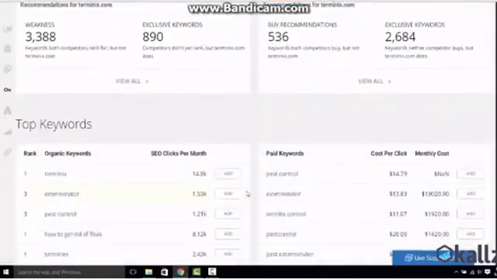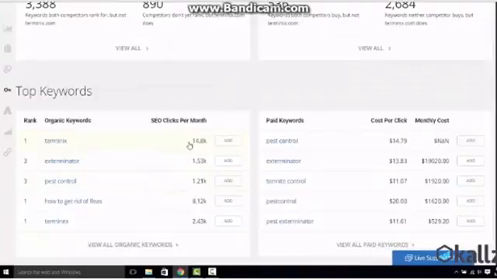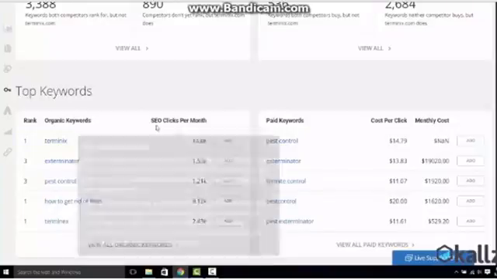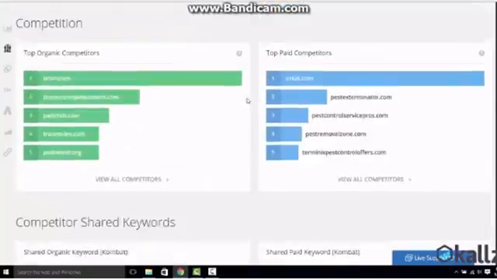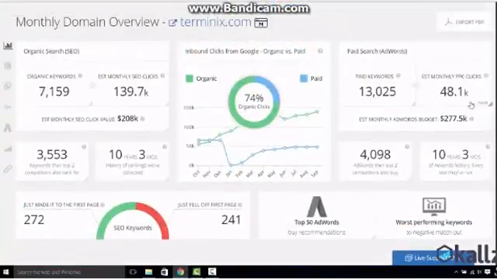If you take a look though at their organic keywords, the ones that they're ranking for the best, especially with their own brand name, is 14,800 clicks just from their SEO position on Terminix, their own name. So that's, I'd say, between this and most of their top keywords, they've probably doubled their click rate. So they're paying for about 50,000 clicks a month